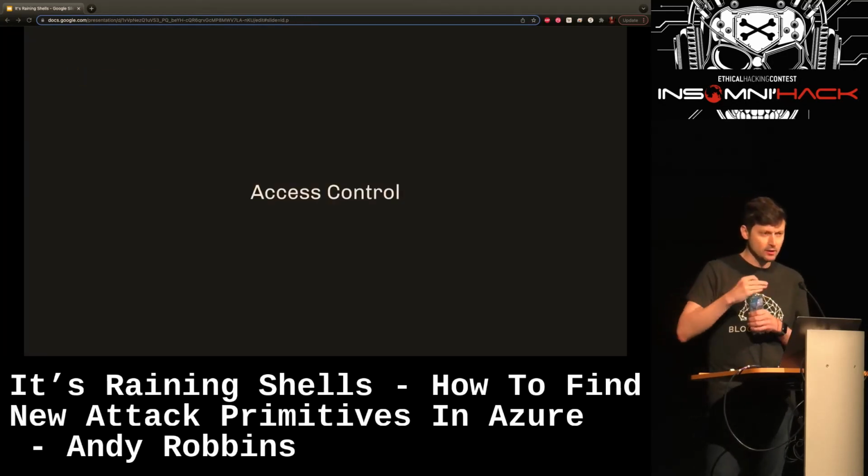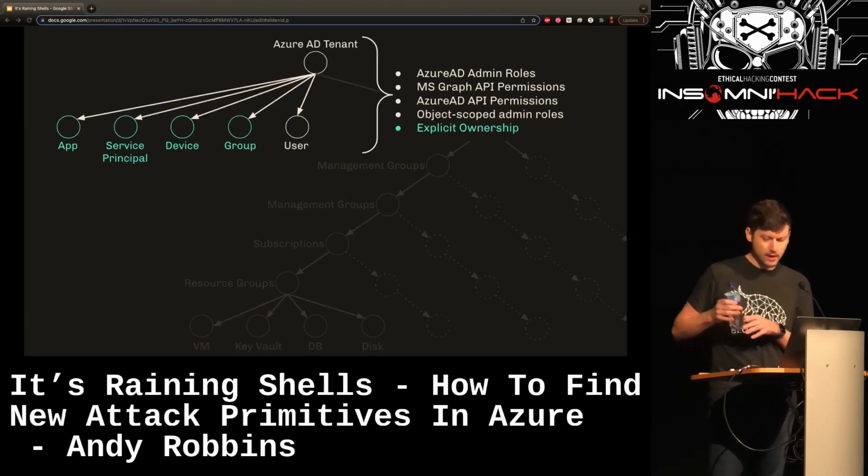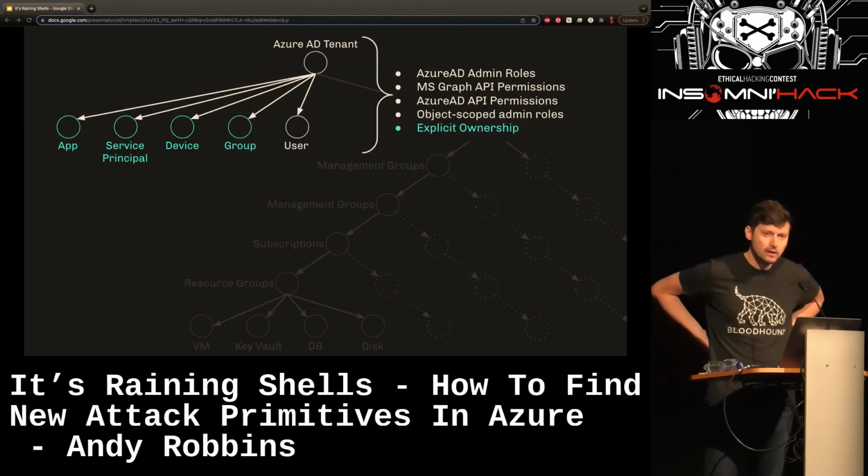So what about access control or authorization? This is where things get extremely complex in Azure. So different objects at different scopes are controlled in different ways. For example, the objects that are directly under a tenant can be controlled by Azure AD admin roles, MS Graph